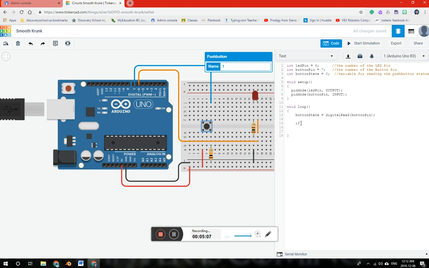I'm going to say if, we'll say button state, we'll say equals, and I use two equal signs here because I'm comparing and I'm not setting a value. So here I'm setting a value, so I use 1 equal sign. If I'm comparing, I use 2. Okay, so I'm going to say if it equals 1, and I don't need a semicolon at the end because it's not a command, it's a question. I'm going to say